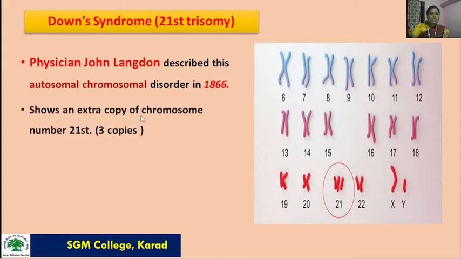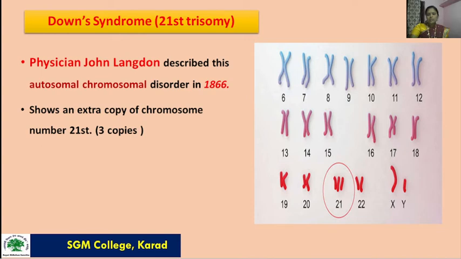It shows an extra copy of chromosome number 21, that is, 3 copies. See here in this chart, we observe 3 copies. That's why it is known as 21st trisomy. So in this particular 21st trisomy,